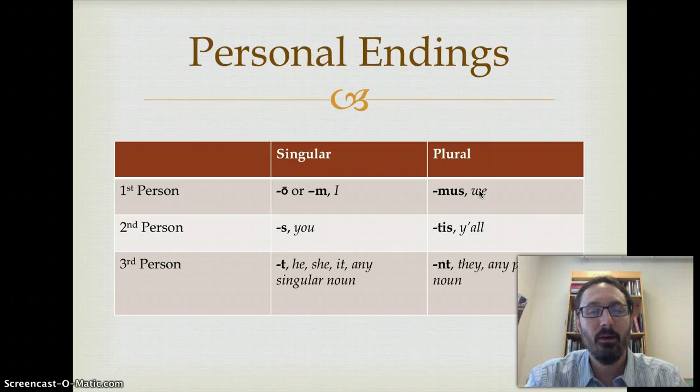You want to make sure that you memorize these endings because they're going to show up over and over and over again for the next 3 years of study of Latin. And so you want to really make sure that you know these endings. O, s, t, mus, tis, unt. You'll also note that the first person singular ending is occasionally an m, and I'll talk about that later when that actually shows up. For the time being, you're okay with just o, s, t, mus, tis, and unt. You'll find all this in your book as well. You want to make sure that you look carefully at that and memorize those endings.